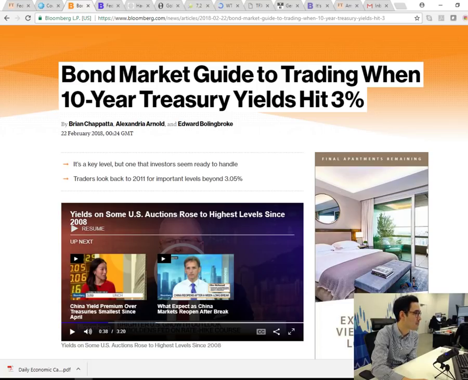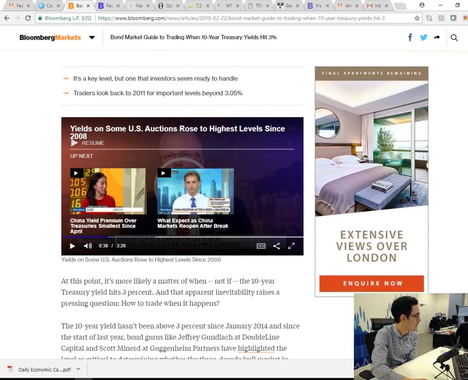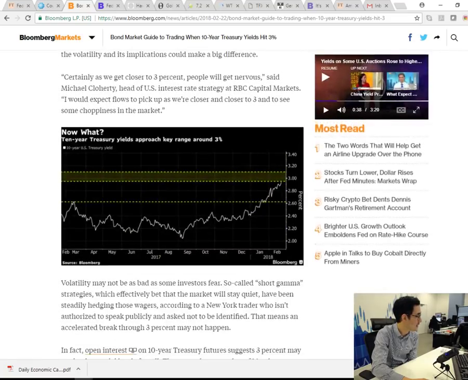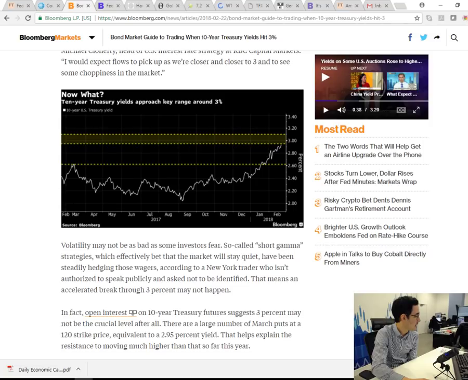So obviously a little bit presumptuous that we're going to get there, but it looks like we're on track to definitely the 10-year yield to trade above 3%, which would be the first time since January of 2014 if that were the case. So this is a couple of charts that were quite interesting.